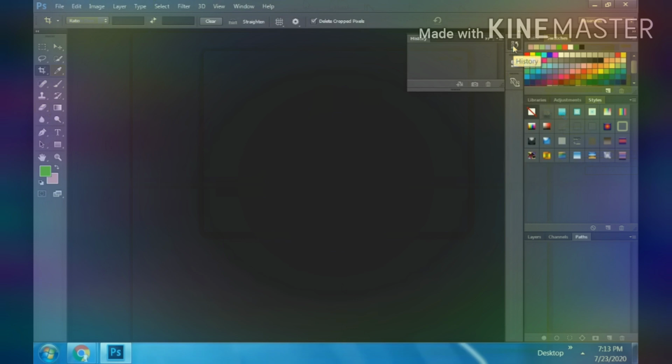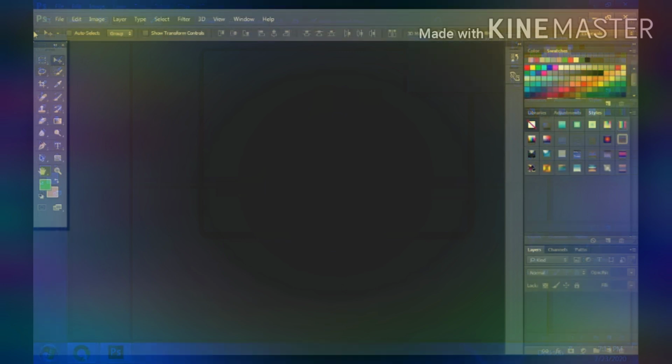At the top, this is the history panel. The history panel is used to show the history and undo changes easily. The layers panel is used to display all layers of the image. This is the layers panel. Here we can see all the layers of the image. And here we can see the tools panel, on the left hand side. What is the use of the tools panel? The tools panel is used for drawing, painting and manipulating the image. It looks like an artist's paint box.